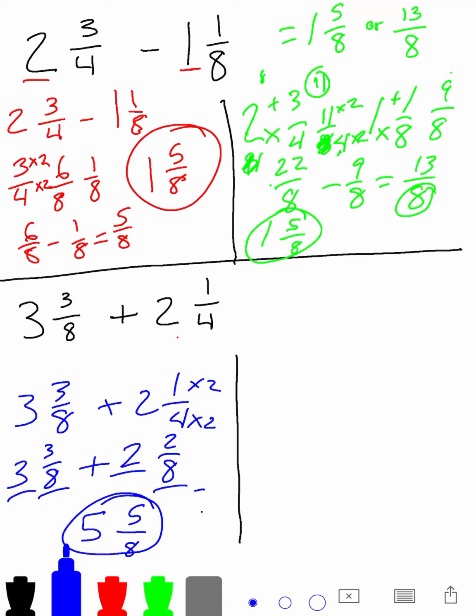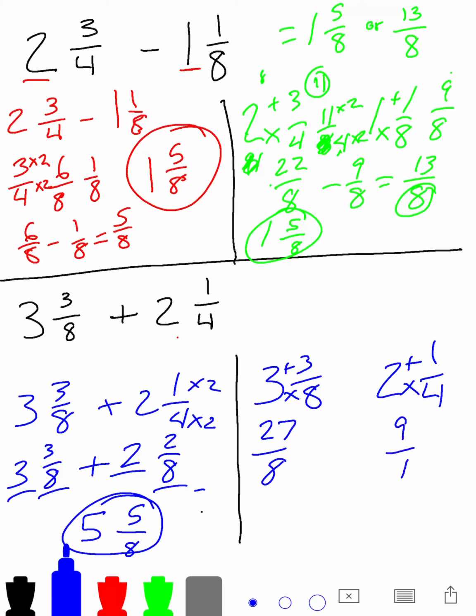You can also make them improper fractions, and we do that by multiplying and adding, multiplying and adding. So 8 times 3 is 24, plus 3 is 27, and I keep my denominator. 4 times 2 is 8, plus 1 is 9/4, and now I need to multiply by 2 to get it to be over 8, so then I get 18/8. And now if I add those together,